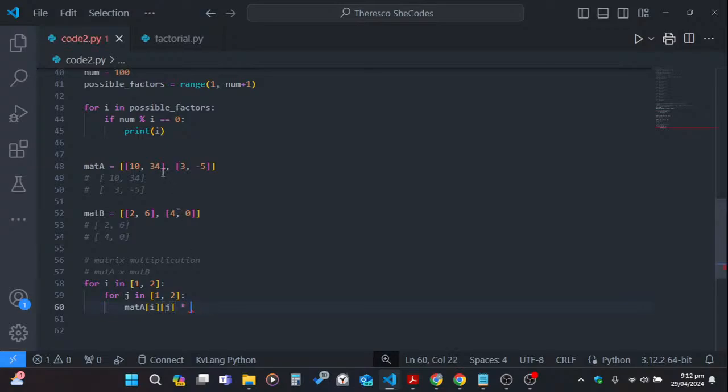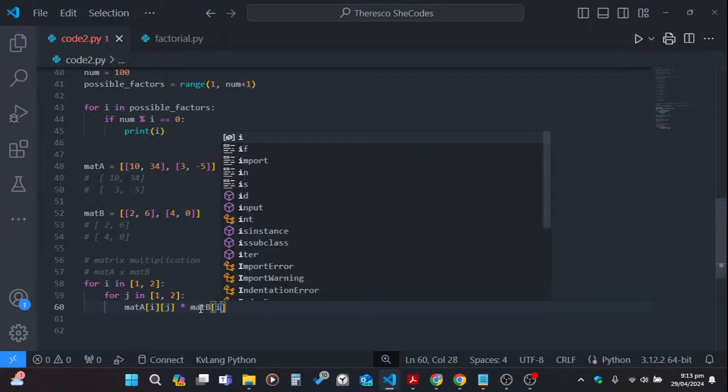Then we need to multiply that by this I, which is in position 2. This one's position is 1, 2, and this one's position is 1, 2, times what? 2, 4. Oh, I don't want to do this. Math A, no, sorry, math B